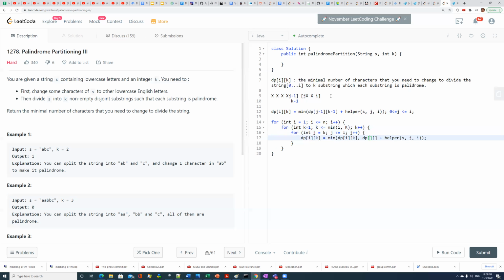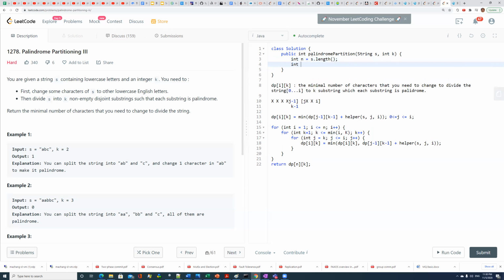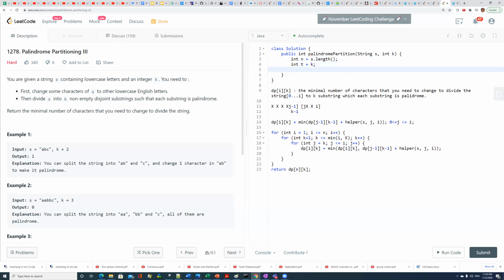So this one is j minus 1, k minus 1. So the final result, we will return the dp, the n and the k. This is the last operation number, so I need to implement my code. N is s length, and int t equals k, and s will be, I will add a dummy node